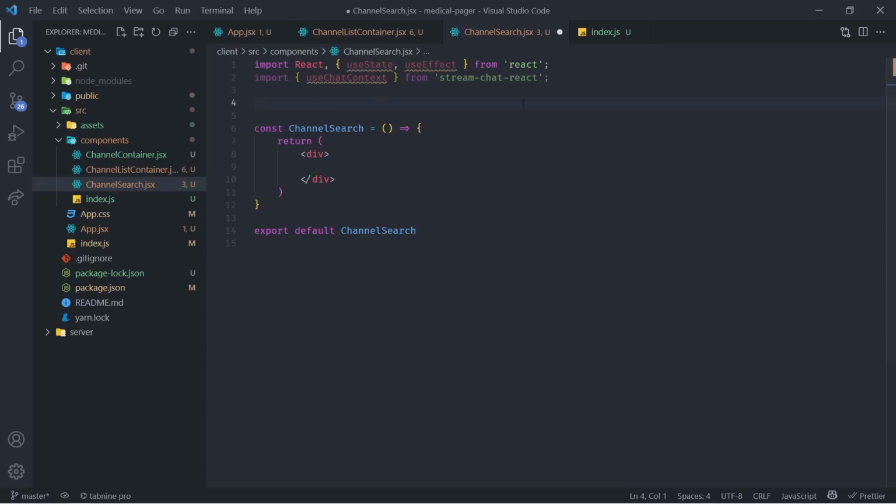Inside of here, we're also going to have one icon, so we can say import in curly braces SearchIcon, and that's going to be coming from /assets. Great. Now let's start creating the JSX for our search. This div is going to have a className equal to